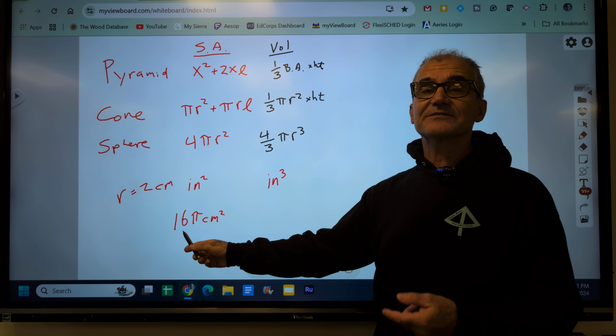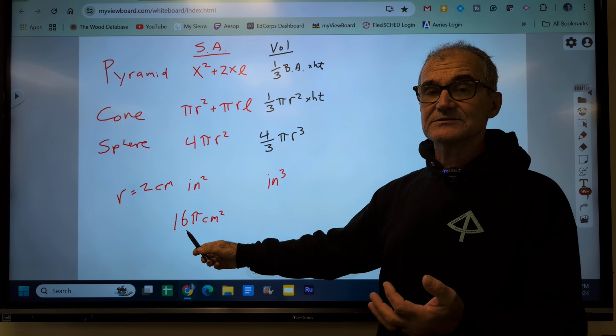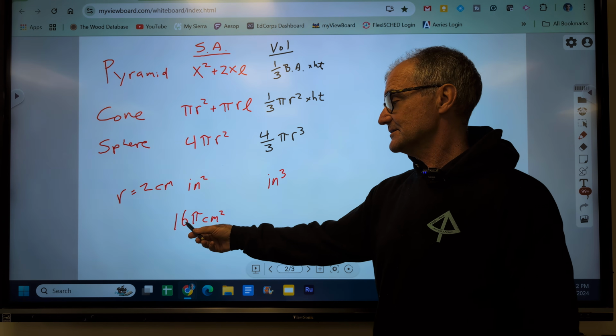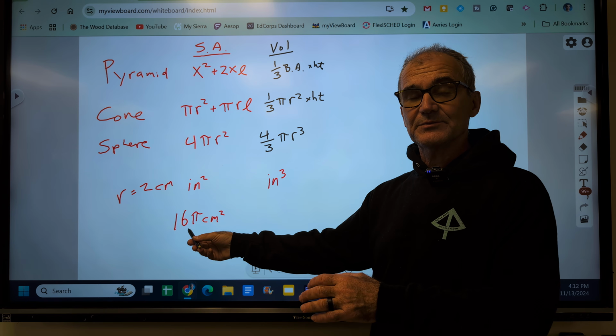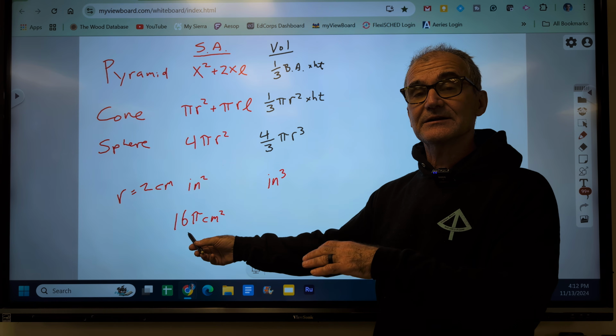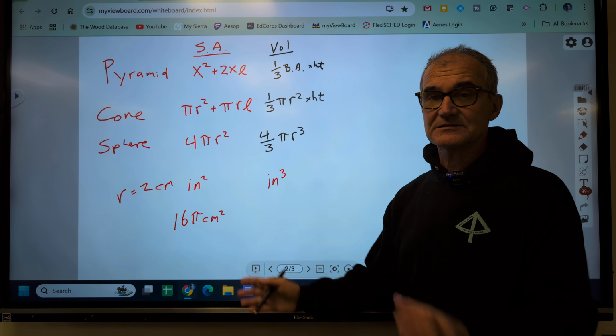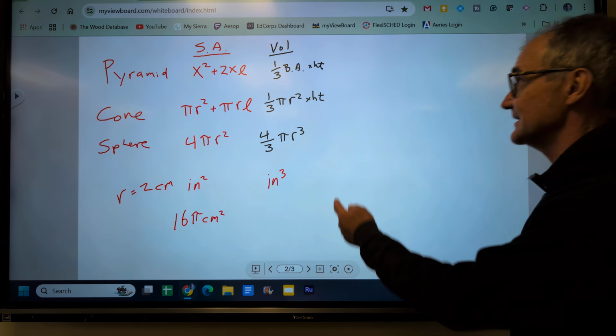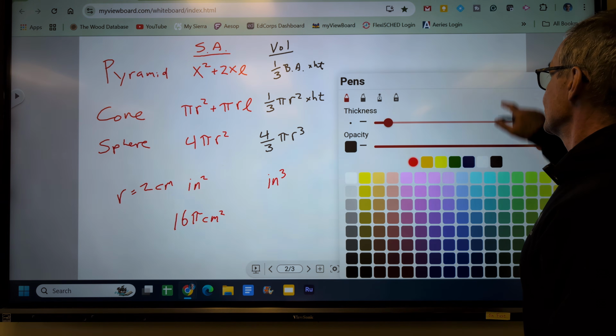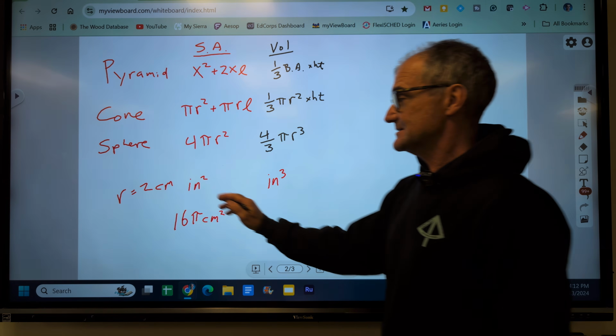This is an exact value answer, meaning I didn't use a calculator at all. I could also take that 16, multiply it by 3.14 on my calculator and get the approximate answer, whatever that is, 50th or so. Okay, let's take a look at the volume of a sphere using that same example of